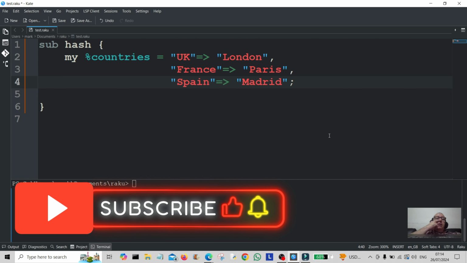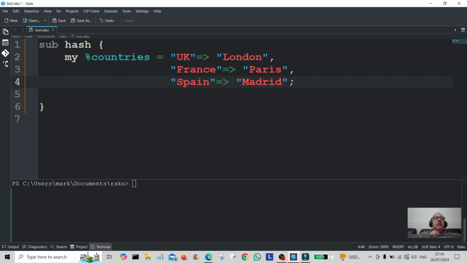Today what we're going to do is delete some keys from a hash, but we're going to do it using standard import. So I've created a hash called countries and I've got my keys and values in there: UK, London, France, Paris, Spain, Madrid, etc. So we're going to come on to the next part of the code here,